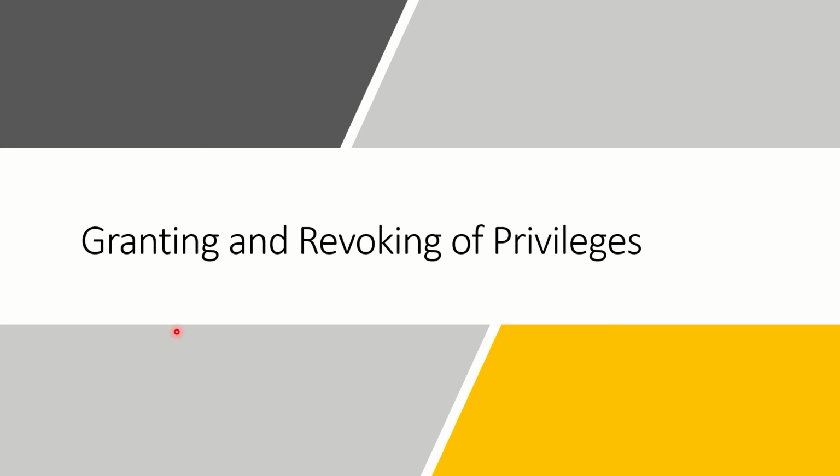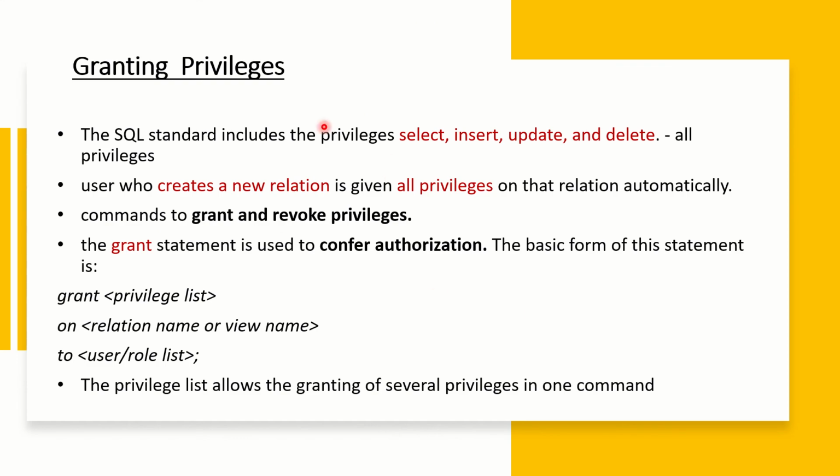So now we are going to study two main parts of authorization. As we said, it is possible to grant privileges to users and also revoke privileges from users. So first of all, we are going to study how to grant privileges. So we said what is meant by privileges. Privileges in the SQL standard, that is SQL allows to perform this operation on a database which is called all privileges.